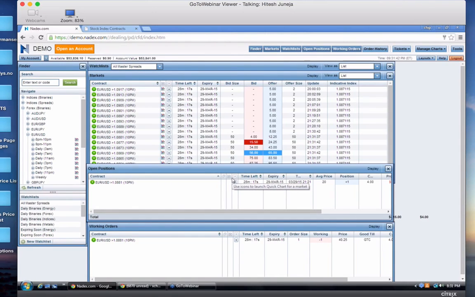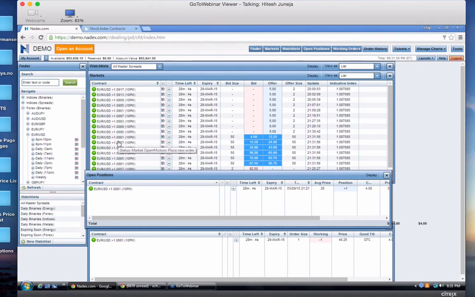Let's look at the left column. You look at the contract column. You have Euro USD. And I'm going to put this in context of options domination. So you guys come in there, and the bell goes off or whatever. You're sitting over there, and you see there's a Euro USD trade that has come in. And let's say that our system says that Euro USD is going to be above, at that moment the strike price, let's say, is 1.0881. So let's say that our signal comes in and says it'll be above 1.0881. And remember that we also give you an indication of a better entry price.